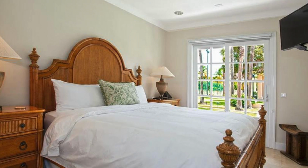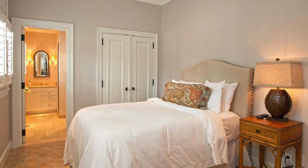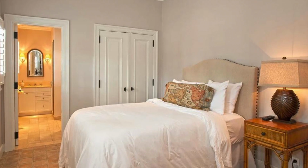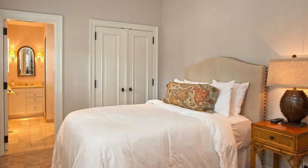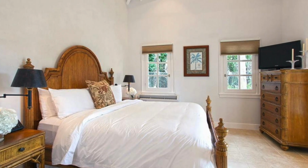Sadly, in September of 2017, when St. Martin was devastated by Hurricane Irma, the estate was spared major damage, which is a testament to its robust construction. The storm also paid a visit to Trump's Mar-a-Lago estate in Florida, but it too escaped pretty much unscathed. This bedroom is also relatively simple in terms of decoration, but the few pieces of furniture appear to be